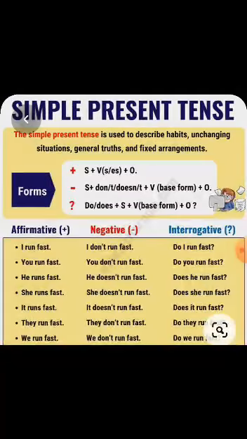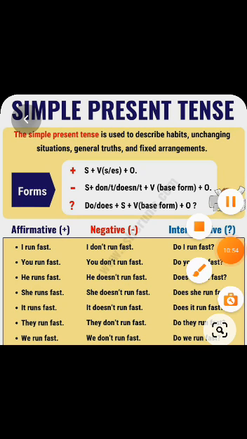I hope you have understood the difference between the question types. So basically there are five sentence types. The first one is affirmative, the second is negative, and the third is interrogative. But I am telling you something more. We have one more type of sentence, negative plus interrogative. Don't you run fast? Doesn't he run fast? So these are the sentences, and then the fifth one is WH. So we have one more form, that is negative plus interrogative.